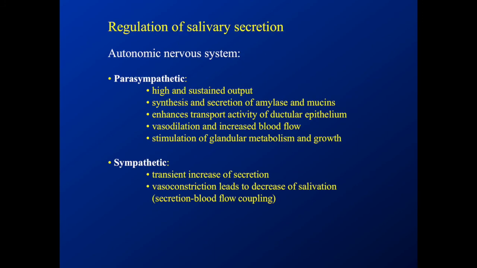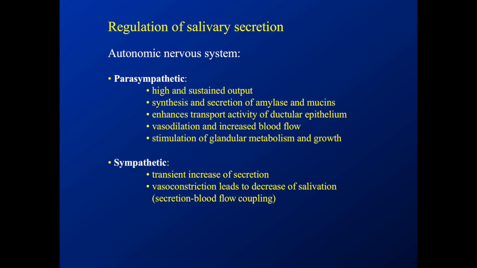This basically summarizes what I just said. The parasympathetic stimulation produces the high and sustained output of saliva from the salivary glands. It will also synthesize amylase and mucins. It enhances the transport activity of the ductal epithelium so that you get reabsorption of sodium and chloride at higher rates. The parasympathetic regulation will cause vasodilation and increase the blood flow,